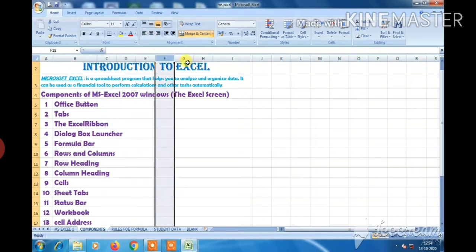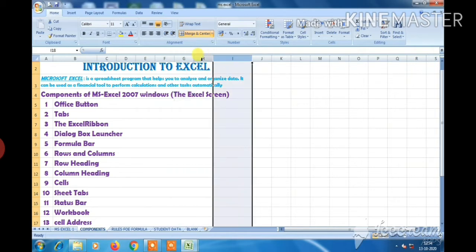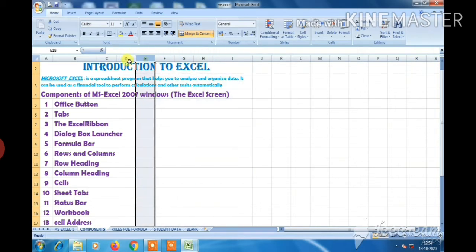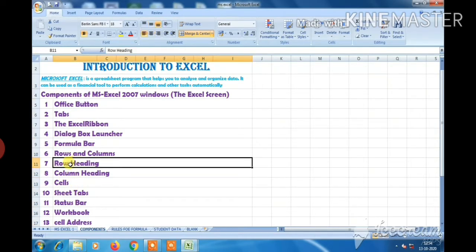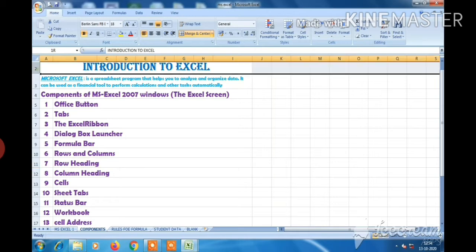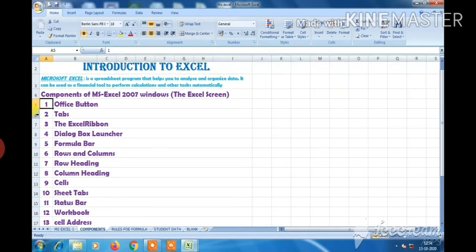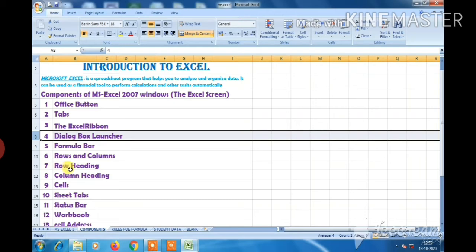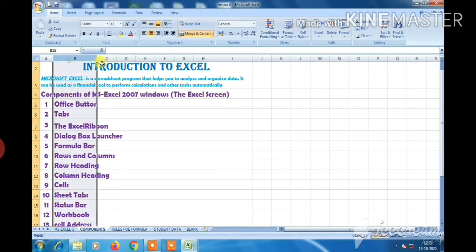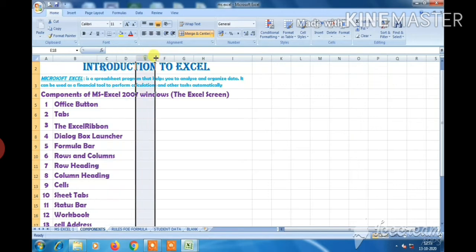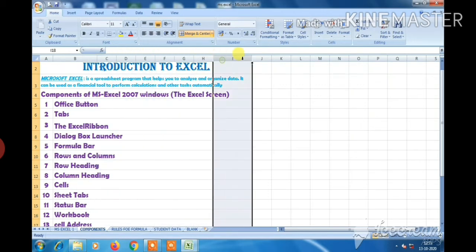Columns are organized in vertical format. And next feature is row heading. Each row is having row heading as 1, 2, 3, 4, 5, 6, 7, 8 and so on. And each column is having column heading as A, B, C, D, E, F, G, H, I and so on.